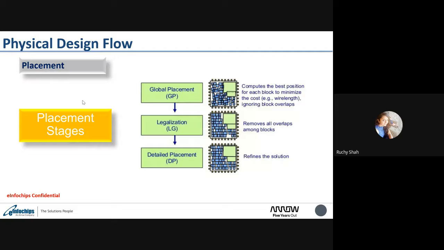So say, for example, one cell is connected to a few other standard cells, then the tool will try to group them together and place them near its connected cells. So basically all these things are done in the placement stage by the tool.